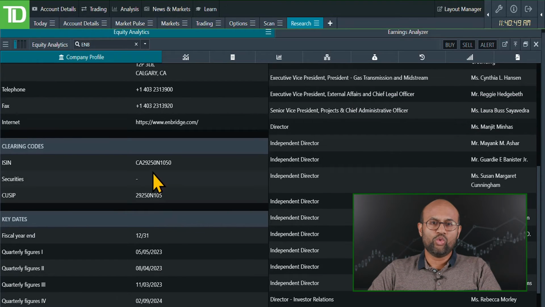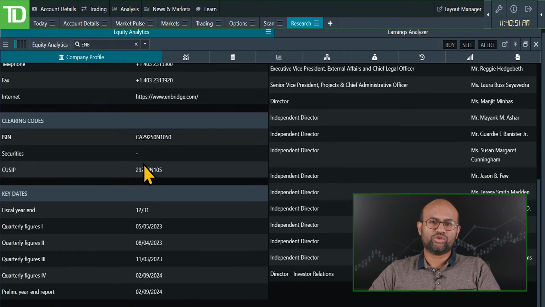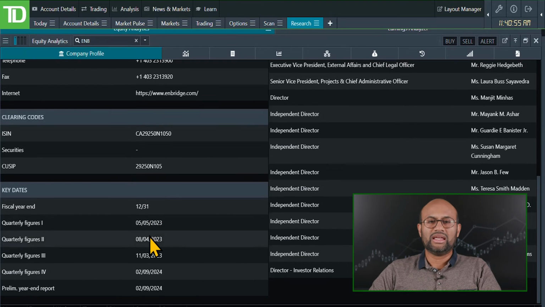And then they have some more technical information related to the actual security itself on the market, some clearing information there, and then its quarterly figures, usually when you can expect its earnings announcements to come, and they are usually going to be in a pretty standard format across the board. So if you're wondering what the next earnings that's going to come up for 2024 is, we already do see there's a quarterly figure that's coming up not too far away. The next one will be in May,